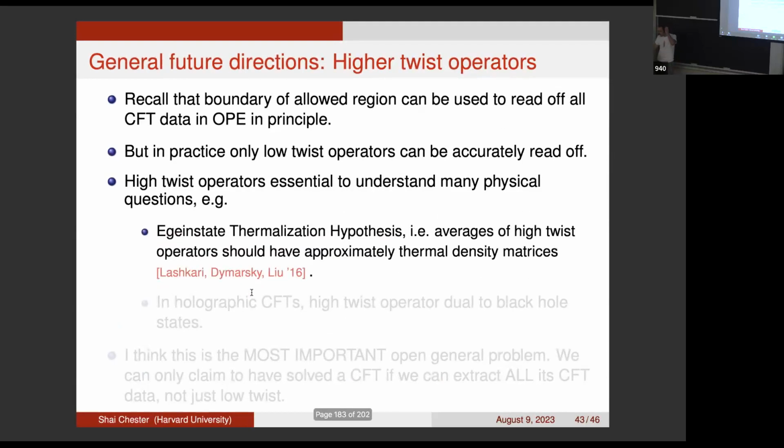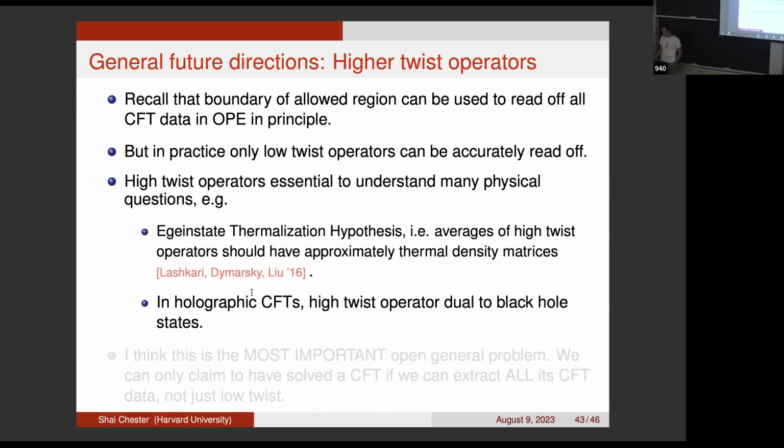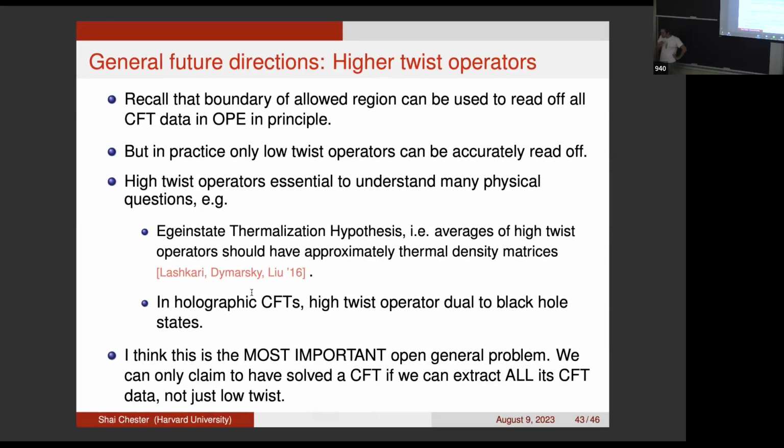For instance, there's the eigenstate thermalization hypothesis, which says the averages of high twist operators should have approximately thermal density matrices. Also in holographic CFTs, we discussed how high twist operators would map to black hole states. So there's clearly a lot of motivation for understanding high twist operators. And that's why I think this is the most important general problem in the bootstrap. It sounds very technical, but it's actually extremely important because you can answer all kinds of interesting physical questions if you can resolve this issue, which is basically how can you improve numerical bootstrap such that you can accurately get